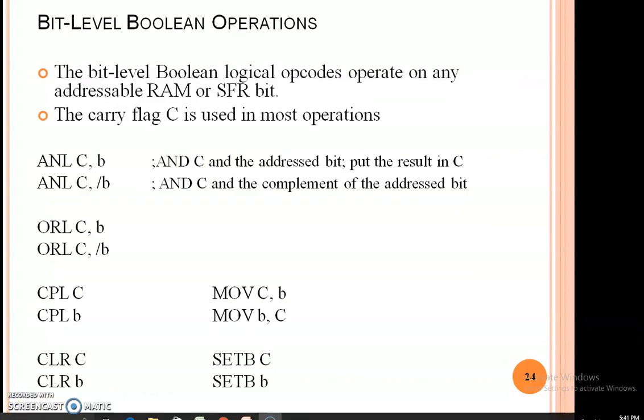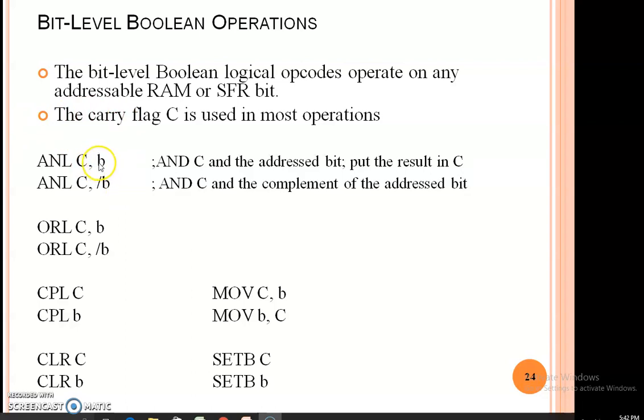Now we will see what the bit level logical operations are. See here, ANL C, b: ANL means logical AND, and C means the carry flag, which is present in the program status word. Wherever C is there, that is the carry flag, which is one single bit. Here small b means a single bit address.